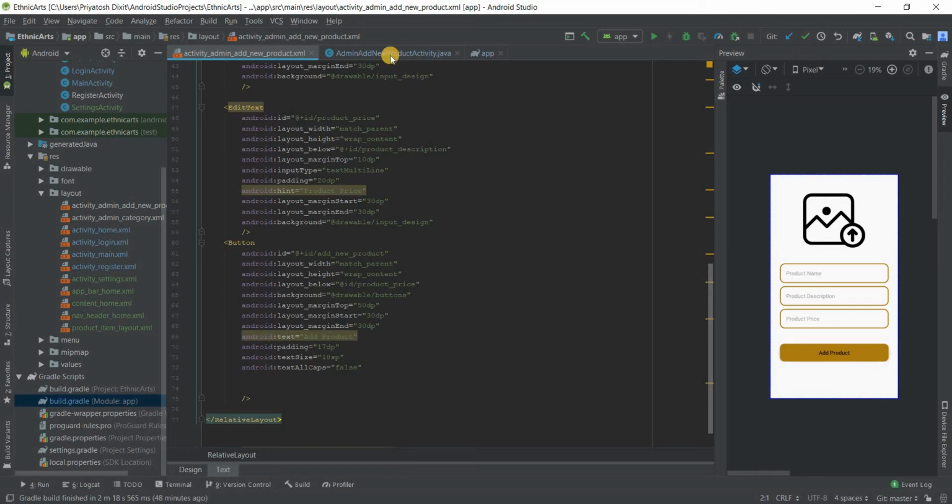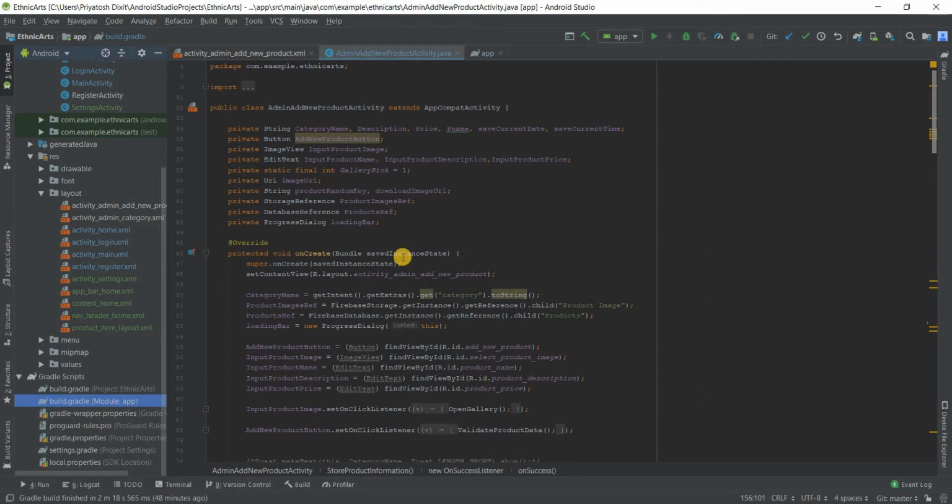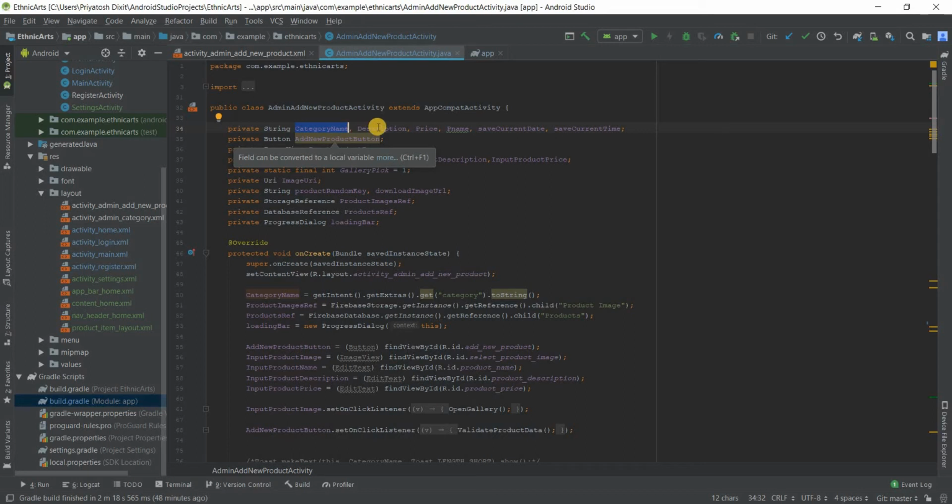Okay, so right here in the class file, what we do is we take the different types of attributes for the product or the image that we are going to upload in the database to maintain the details in the table. Okay, so there's this category name which will be fetched from the intent that we used in the last video. I told you about the extra part. We pushed a value from there, so we are going to retrieve it here. Description we are going to enter here, then price, then the product name we are going to enter here,